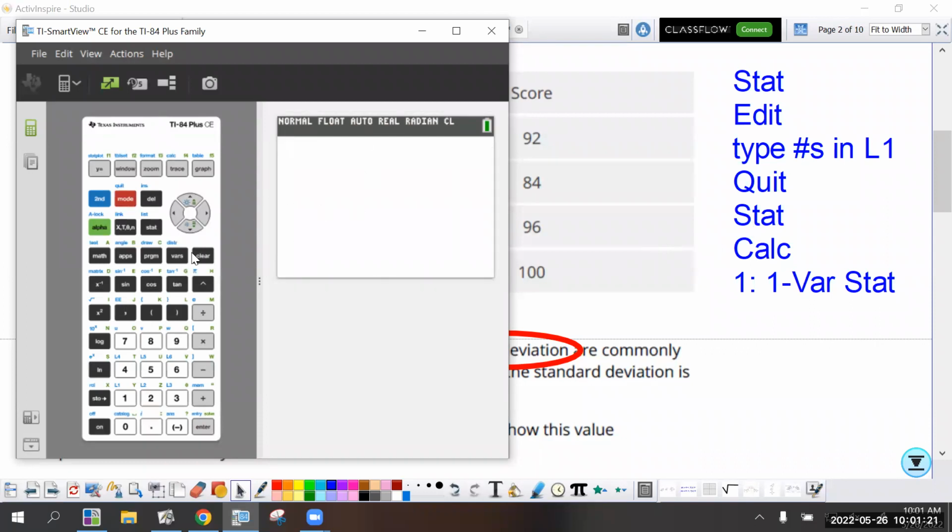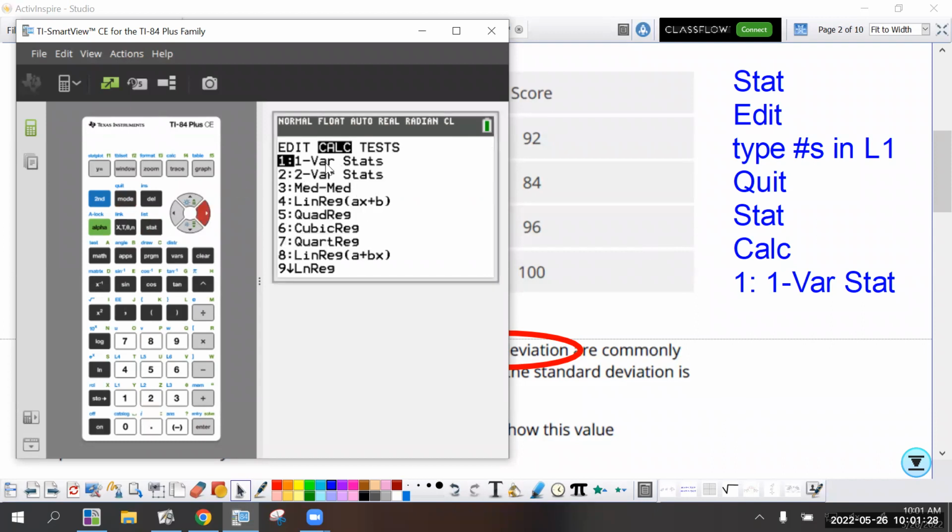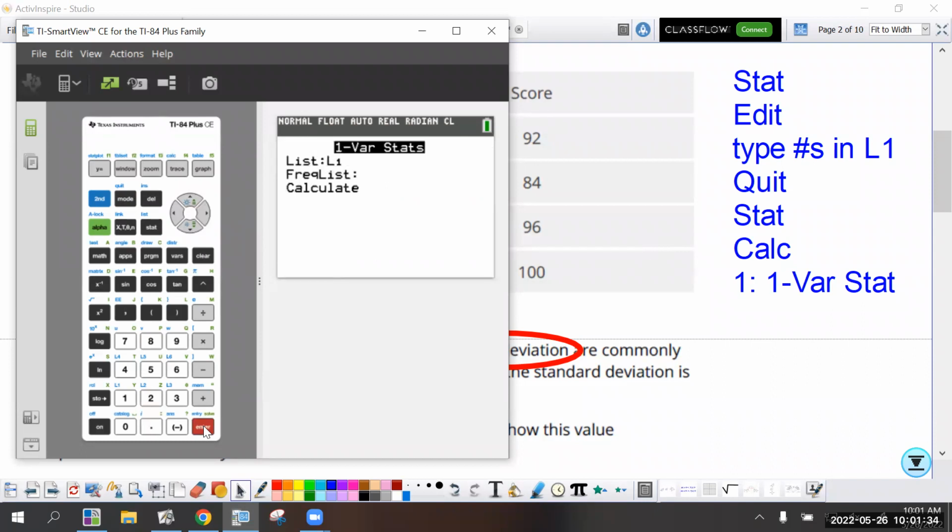Then we're going to hit the stat button again. Now we're going to go over to calculate, and we are calculating a one variable statistic. We just got one set of data, test scores, hit enter on number 1. I have a newer calculator here that gives me this stuff. If you have an older calculator, yours will just,